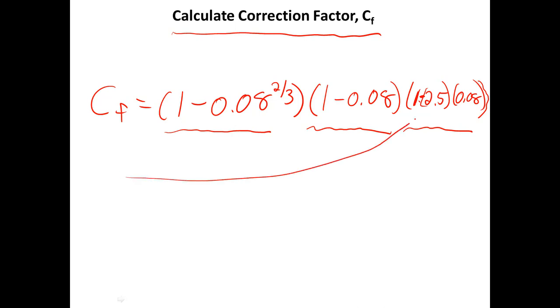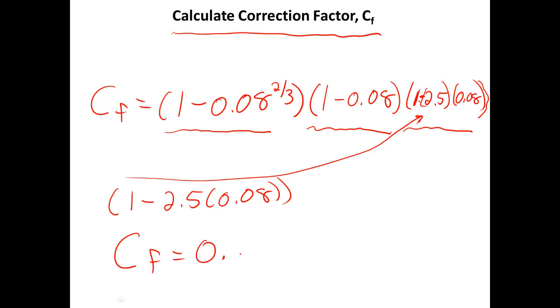Since I'm scrunched over there, I'll rewrite that little part here. It should be 1 minus 2.5 times 0.08. Okay. So I'll go ahead and do that calculation, and I'll calculate a correction factor of 0.6, which in essence